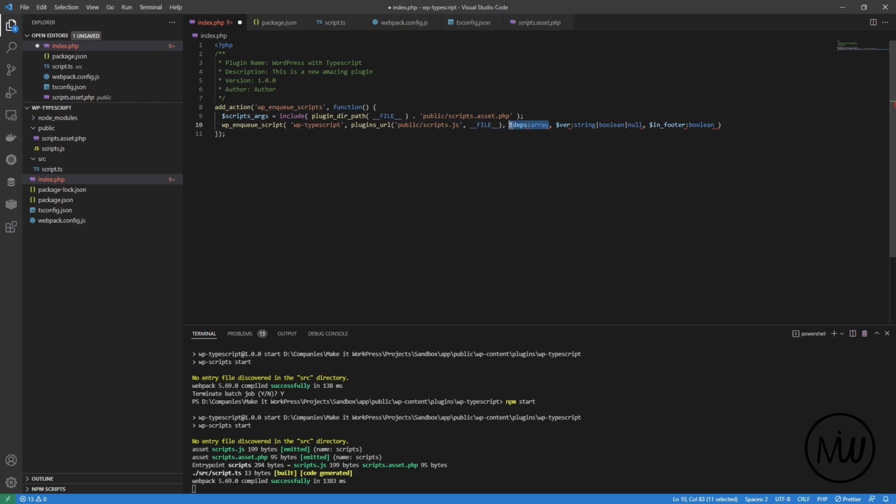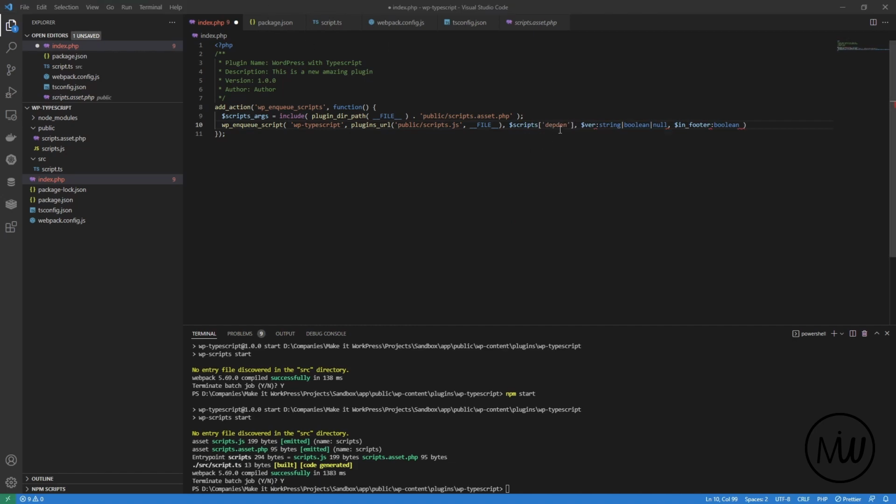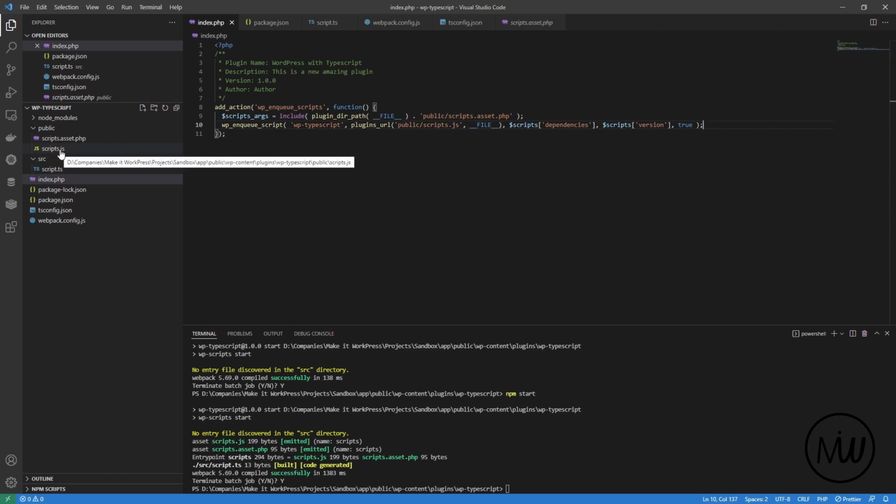Then the dependencies, well, that's where the magic kicks in. We can get the dependencies from our arguments. Let me just look it up. Yeah, it's called dependencies. And similar for the version, we can also use version in here, and we probably want to enqueue this in the footer so it doesn't block loading the DOM. So this will enqueue our generated scripts in here, and well, I see I did a small mistake here with my